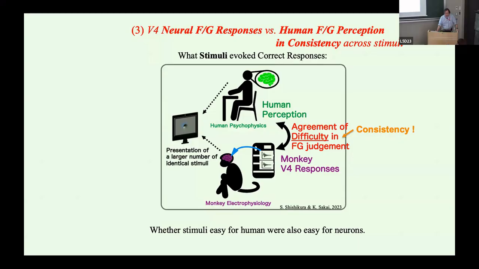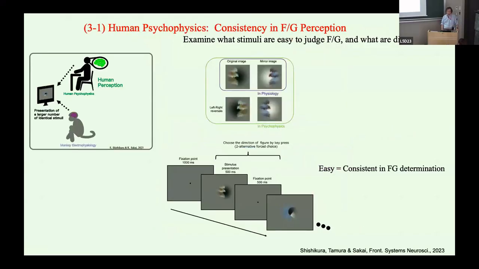Perhaps the most important criterion here is whether responses agreed with the human perception. So we examine whether stimuli easy for humans were also easy for neurons in figure-ground determination. To address this question, first we carried out human psychophysics. In short, we showed human participants the same stimuli that we showed to the monkeys, and identified